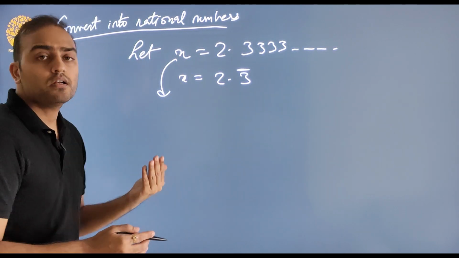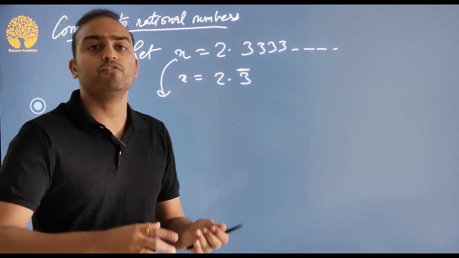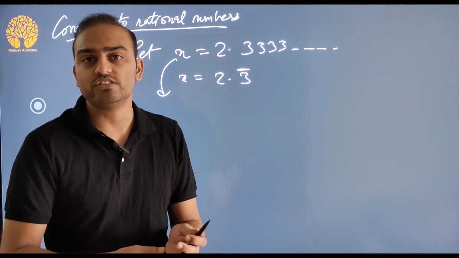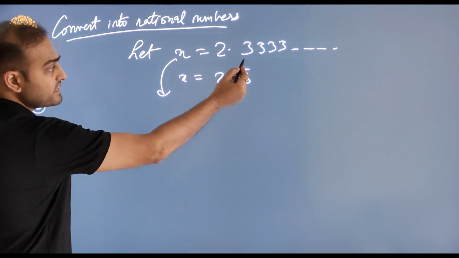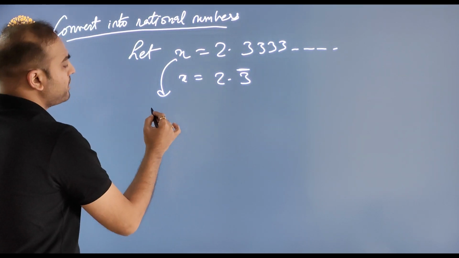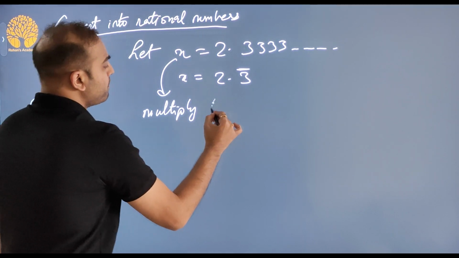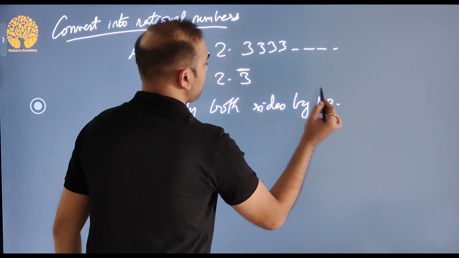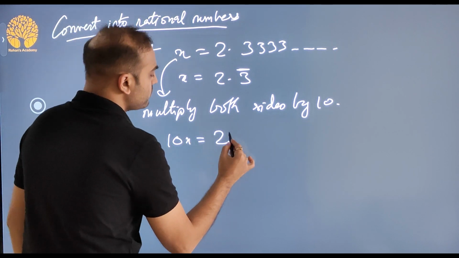We take the first value outside of the chain because the rest will remain the same. From infinite, if you take one, it doesn't really change anything much. So how do I take one value out? In this case I multiply both sides by 10, we get 10x is equal to